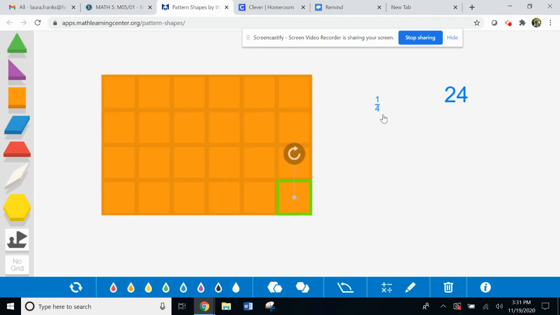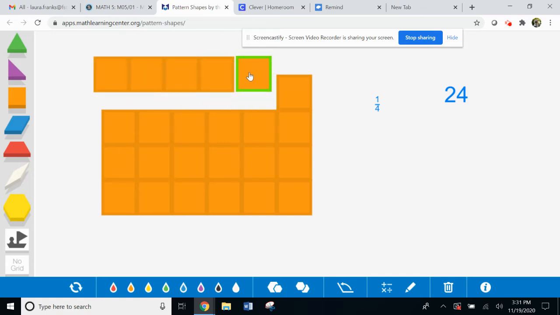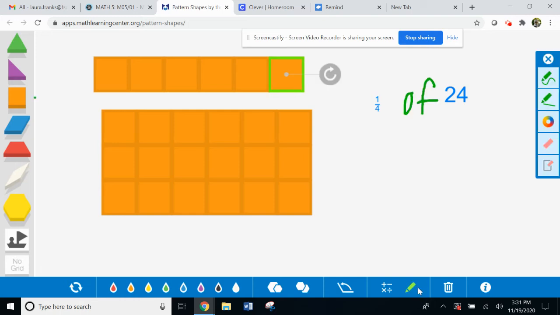Okay. So it says I need 4 equal groups. So the first thing I'm going to notice is that I already have 4 rows that have 6 in each row. So to separate this into 4 pieces is pretty easy. I just need to separate one row from the 4 because my numerator says I only need 1 to look at. So if I were to separate this out from the group, my 1 row,